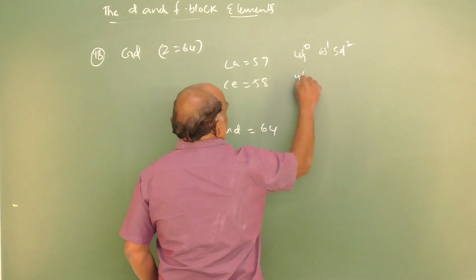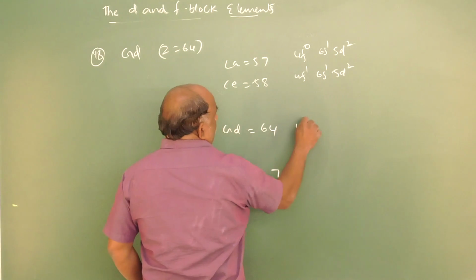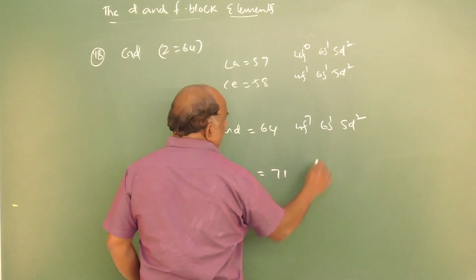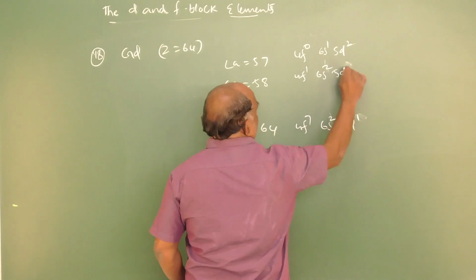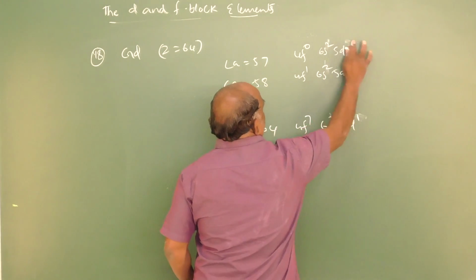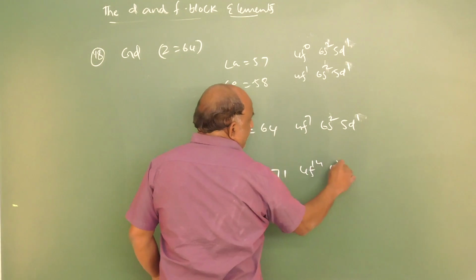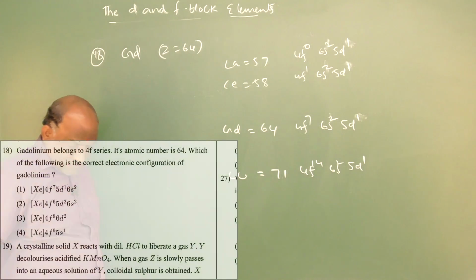Here 4f1 6s1 5d2. Here 4f7 6s1 5d2. Here 6s2 5d1. And last, 4f14 6s2 5d1. So this was the configuration of the